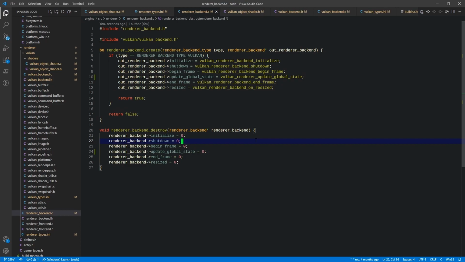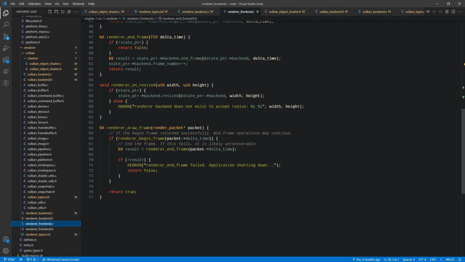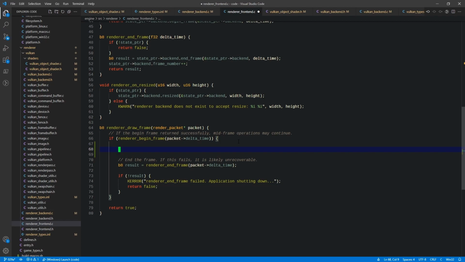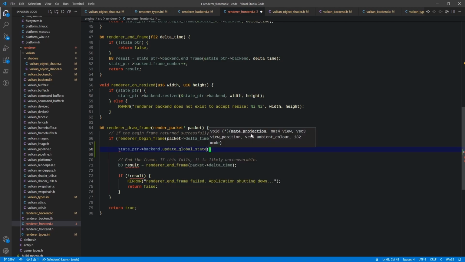Okay, so that is all we have to do to hook that up. So the front end is basically going to handle this within the renderer draw frame, right? So right here we have the begin frame, and then we have the end frame, okay? And so right here within begin frame, before we call end frame, we are going to call state pointer backend update global state, right? And for the projection and the view for right now, I'm actually just going to pass matrix for,